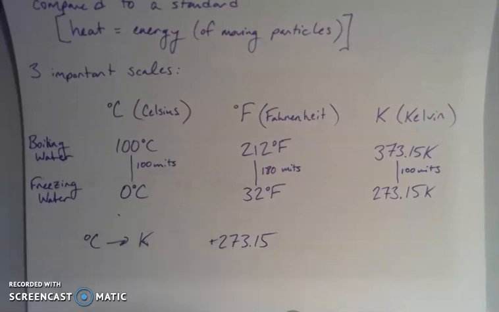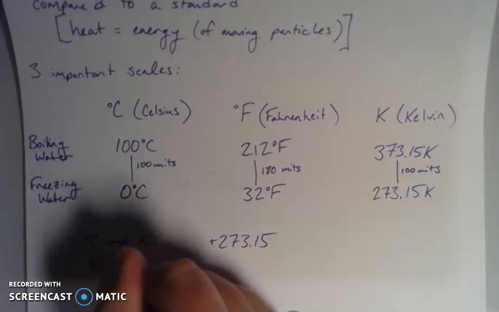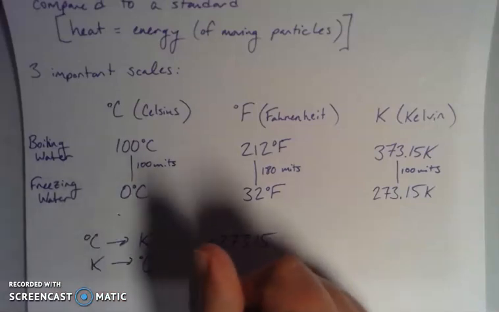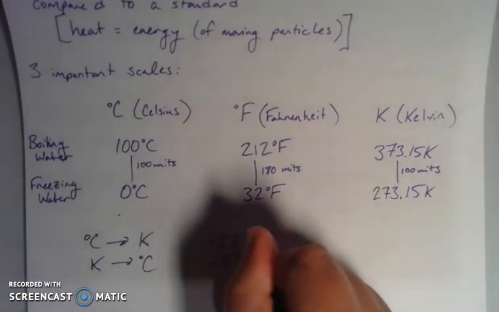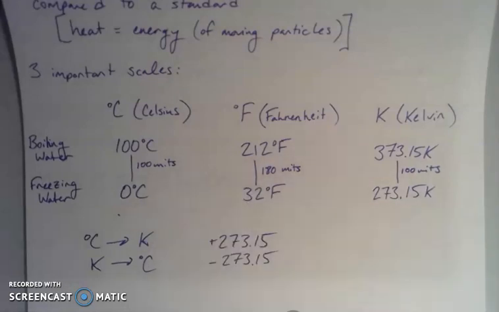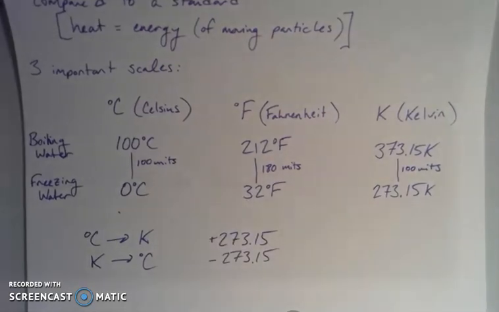And then kind of the opposite is true. If I'm going from Kelvin to Celsius, then I'm just going to subtract my 273.15, right? Just the opposite, I'm going to undo that. So Celsius to Kelvin is kind of a good way to go. That's why we like, as scientists, to have our measuring tools in Celsius, because it's a nice, easy conversion